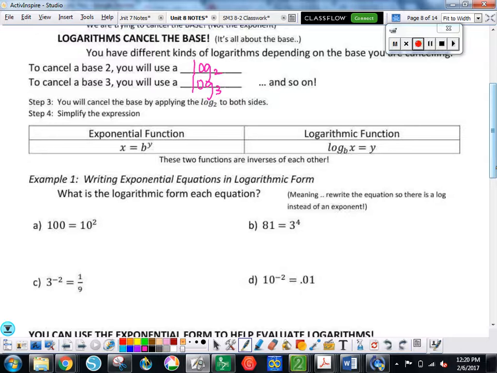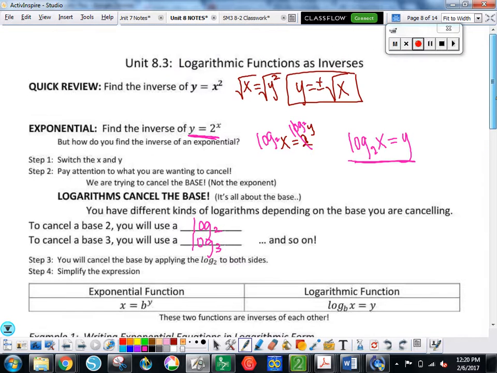So looking at these, there are 2 different ways I could write something. Let me go back up here. This right here is called exponential form. This right here is called logarithmic form, and you can go from one to the other. What this means, if I wrote something like this,